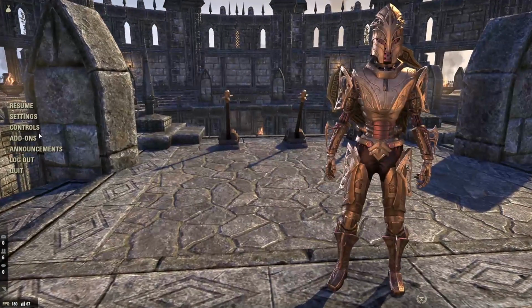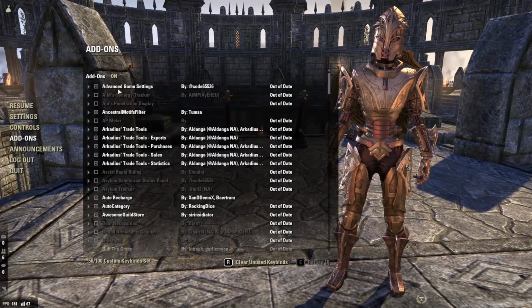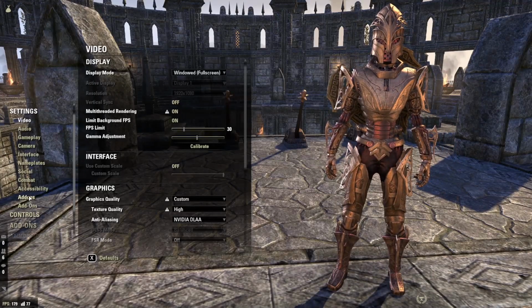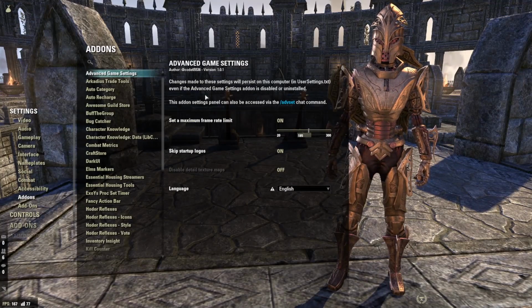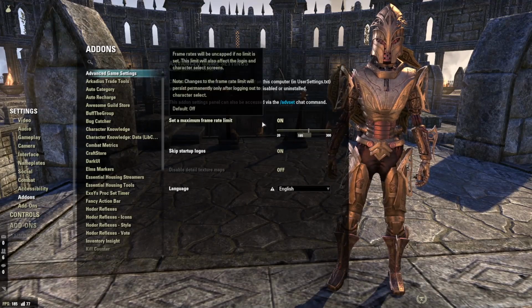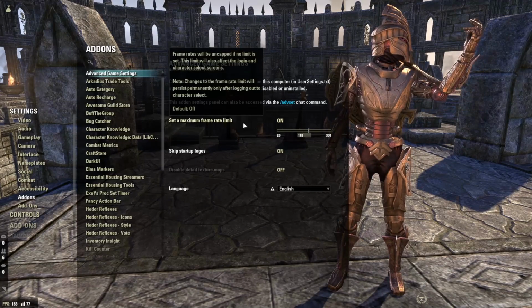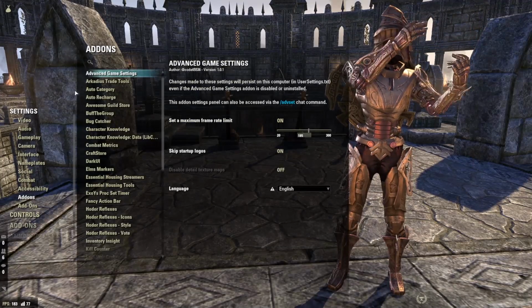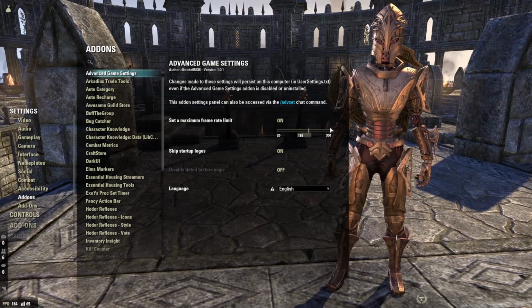So first on the list of add-ons, advanced game settings. Basically, advanced game settings is an add-on by Code, wonderful guy, wonderful add-on dev. And this actually lets you set a maximum frame rate limit. It's pretty useful. I just would not recommend, you know,